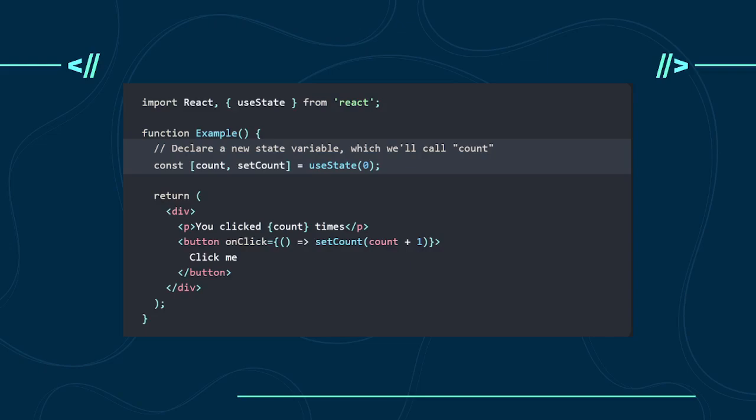Another one, the classic React like hello world, is the clicker. So this is an example of a button, and when you click it, it goes up by 1. And you click it again, and it says 2. Click it again, and it says 3, right? Very simple example of state, because again, you have to interact with the website for it to work.